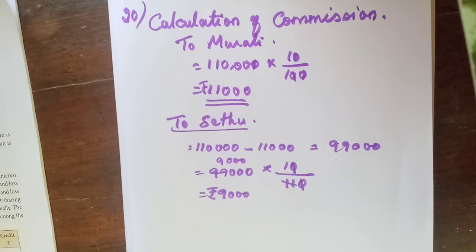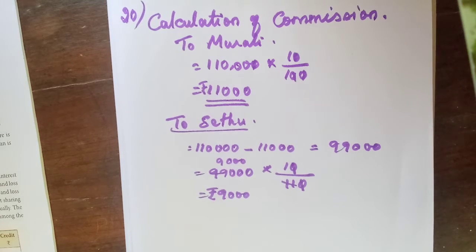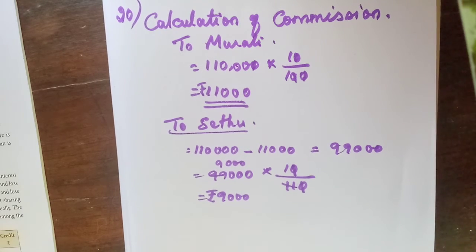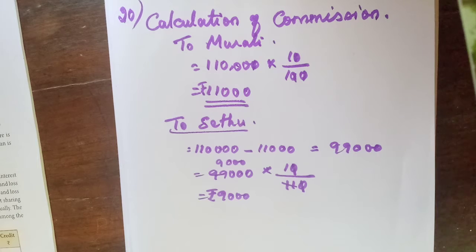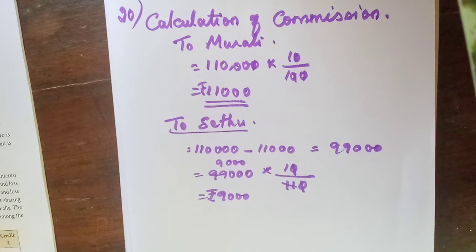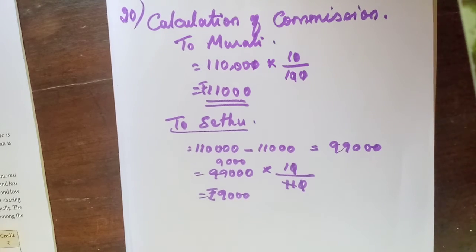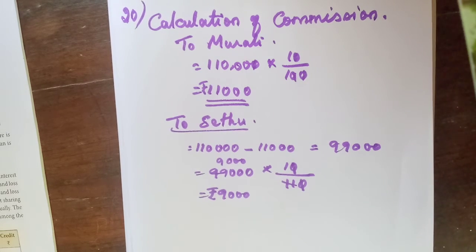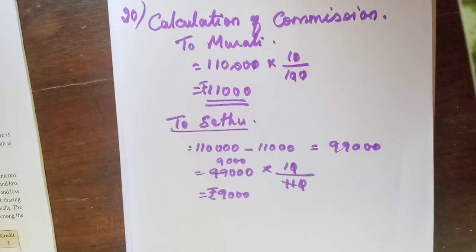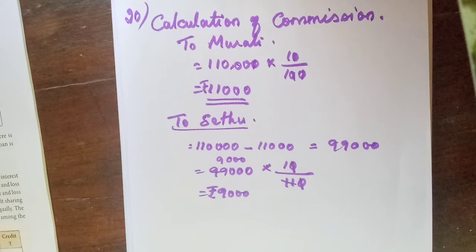For example, in interest on capital, for the additional capital we need to calculate. There we should take care of the date that capital was introduced. Then interest on drawings also, in calculating the average period we must be very careful. If you are a little careful, then you can do these problems correctly. It is not a very tough calculation, only that percentage we need to calculate.